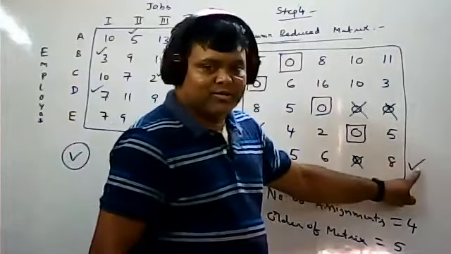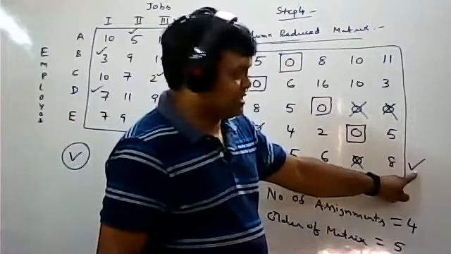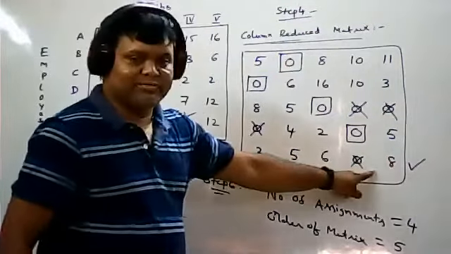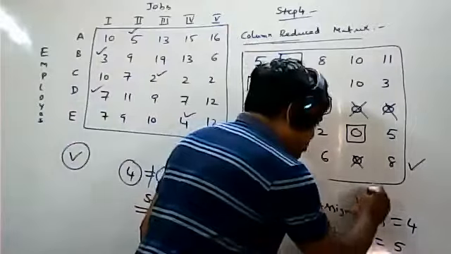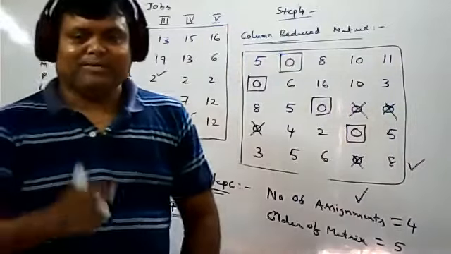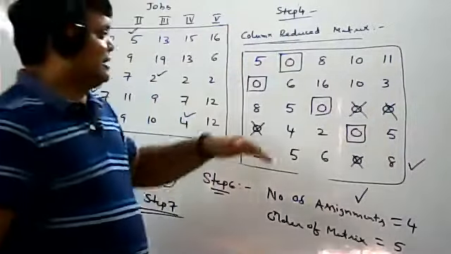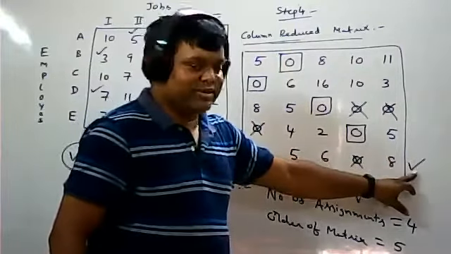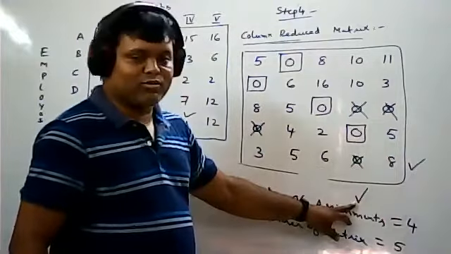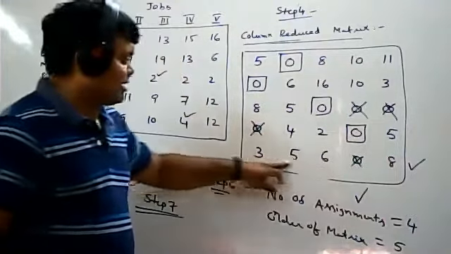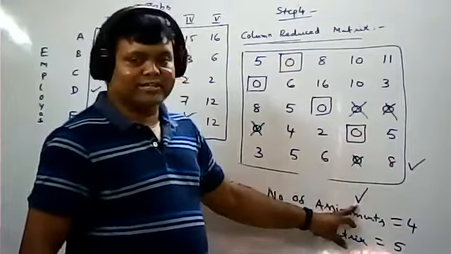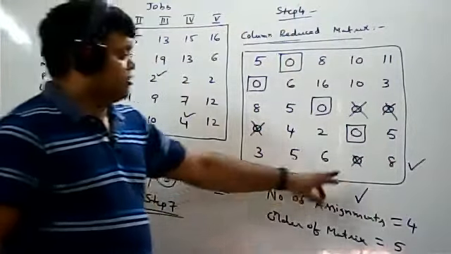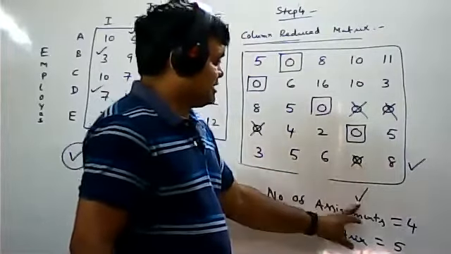Now consider this particular row. Step number 2: wherever a crossed 0 is there, tick the particular column. I have ticked the row. Now wherever a crossed 0 is there, tick the particular column. In this row, only one crossed 0 is there, so that is the reason I have ticked this column. Suppose a crossed 0 is also here, you can tick this column also. In this case, you got a crossed 0 here, so tick the particular column.